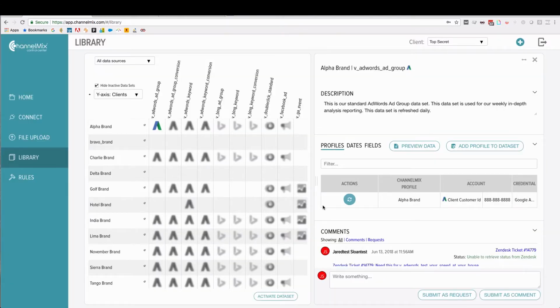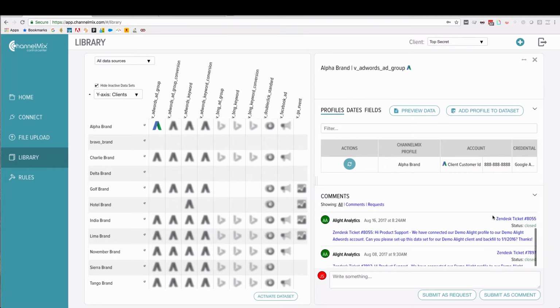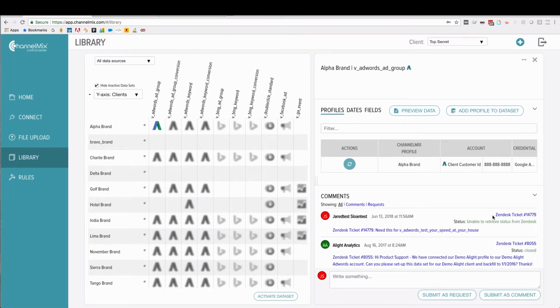The other powerful component of the library screen is that it gives my team, my analytics team at my agency or brand, the ability to have everything stored in one place. Many times on your analytics team, you can see that different data sets are stored in different people's laptops. It might be all over the place. It might exist in a couple of different databases at your company. We like to have everything together, and we like for everybody who's touching the data to have a space to collaborate together.